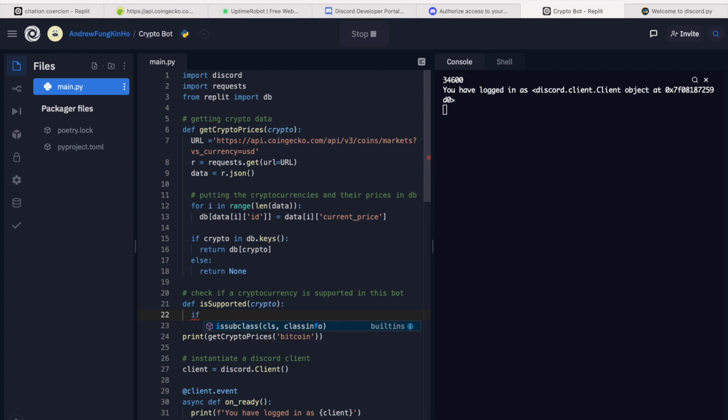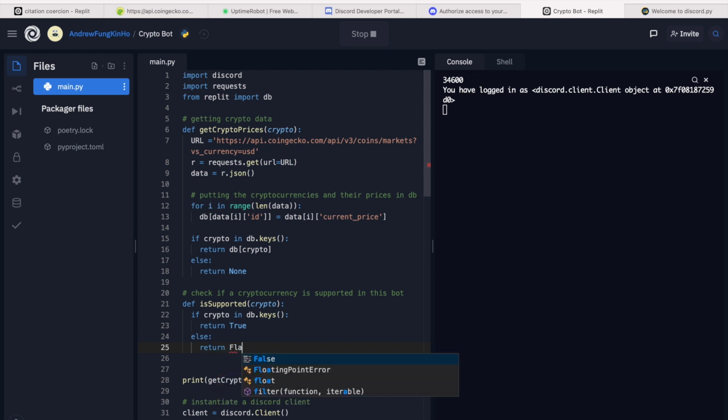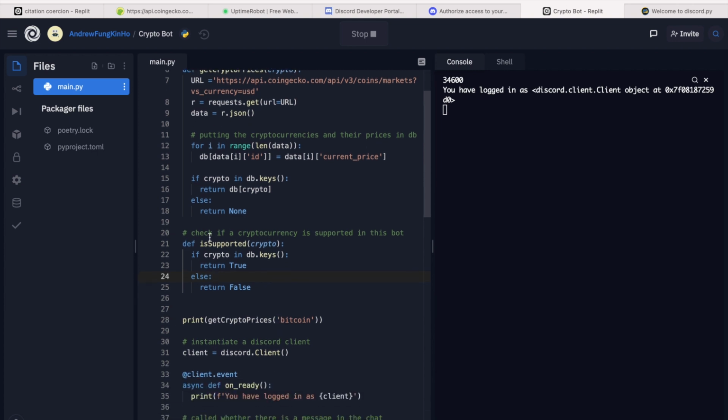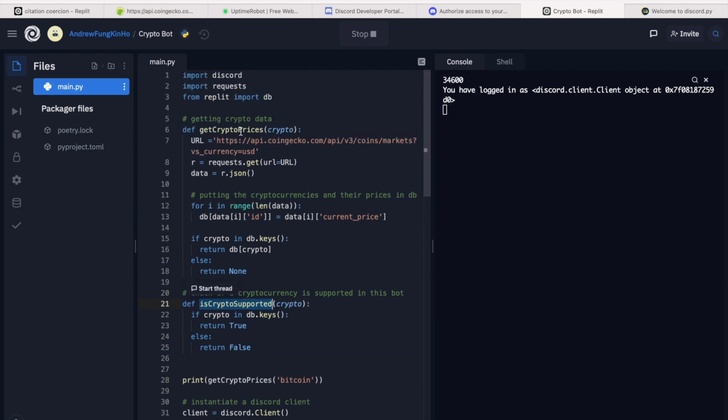So if crypto in db.keys(), forgot the colon, return True, else return False. Okay, let's change it to is_crypto_supported, and we'll be needing these two functions mainly in this program.